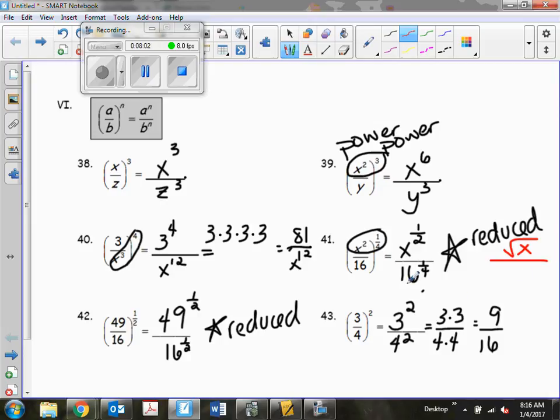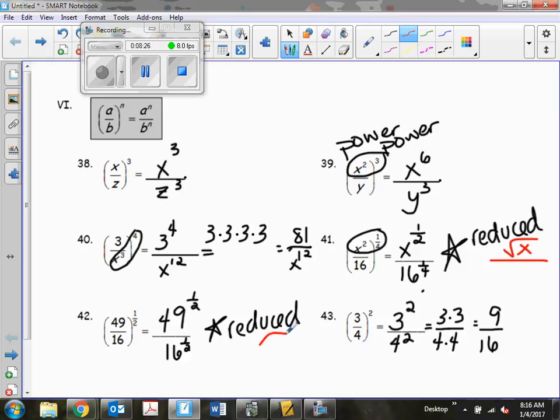The bottom is 16 to the 1/4. So I can't do anything just yet with that. That's going to be in the next video. But right now we can reduce what's on top, x to the 1/2, as being the square root of x. And number 42 we can reduce entirely, because the 49 raised to the 1/2 is saying